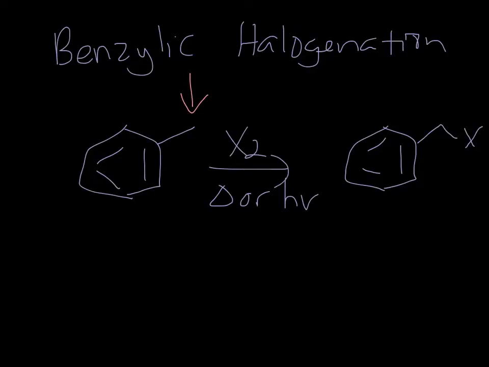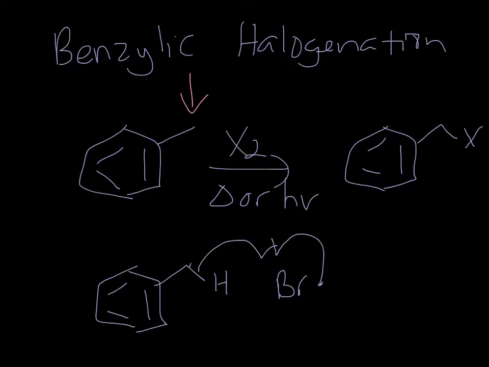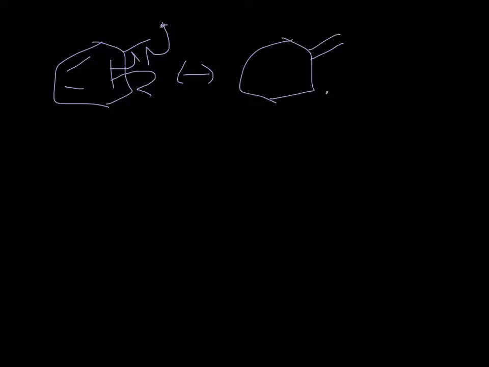So if we think about what's happening here, we would have this carbon with a couple H's coming off of it, and let's use Br as an example. The bromine would abstract the hydrogen atom to give me HBr as my byproduct, plus a radical. Now I'd have a radical at the benzylic position, and that can go all the way around the ring. So it's adjacent to the ring. So now we have our radical inside the ring,